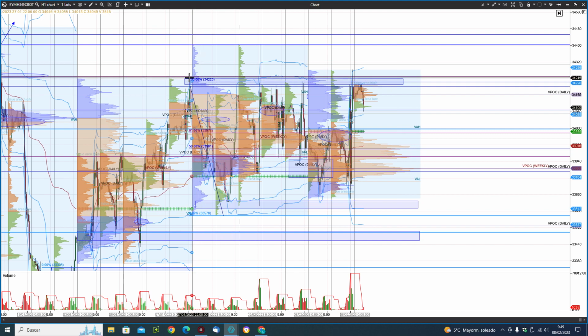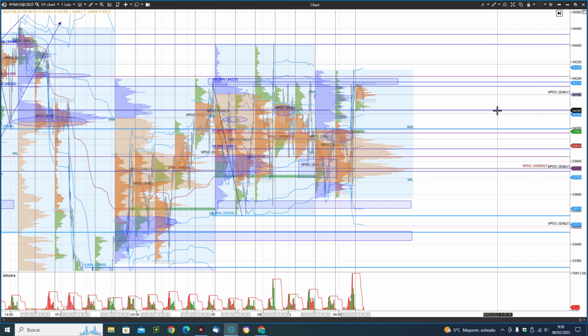The upper zone is in the range between 34,214 to 34,239, and the second one is the lower price action zone in the range between 33,614 and 33,649. We must see if the price breaks one of these two price action zones, but for the moment we